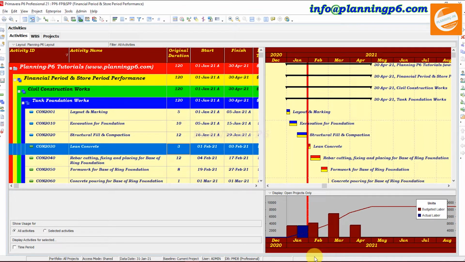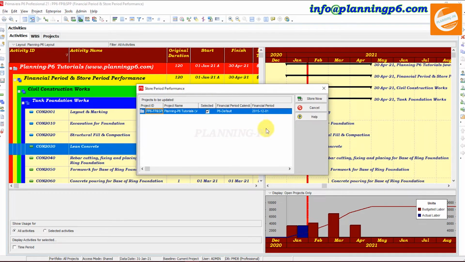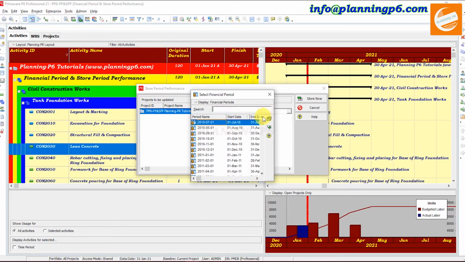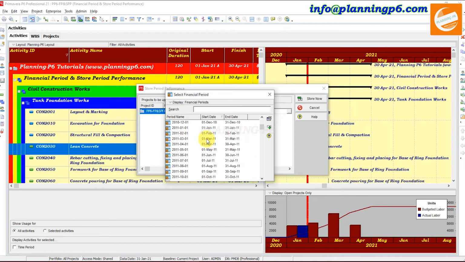So how can we store that one? Go to Tools and Store Period Performance. First of all, in Store Period Performance, the project name is selected, default, financial period, P6 default, calendar. So here what we will do, go to the financial periods, and here in financial periods we will search where our financial period is located. Then just